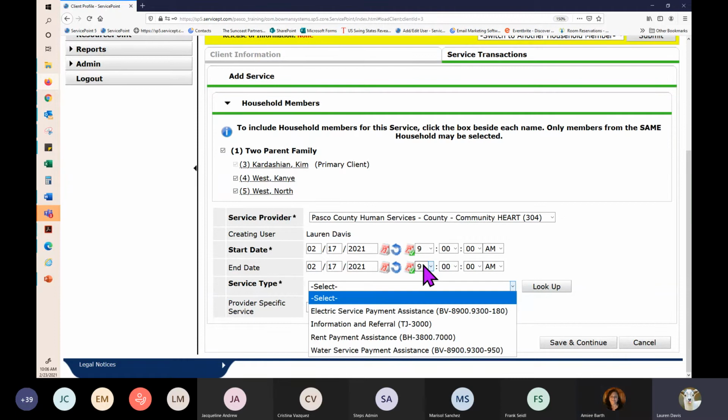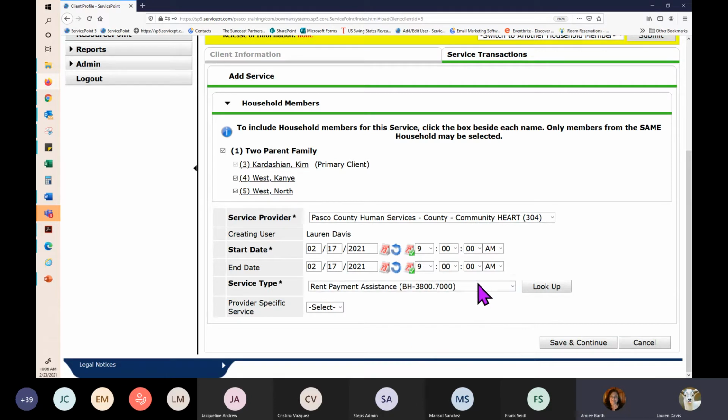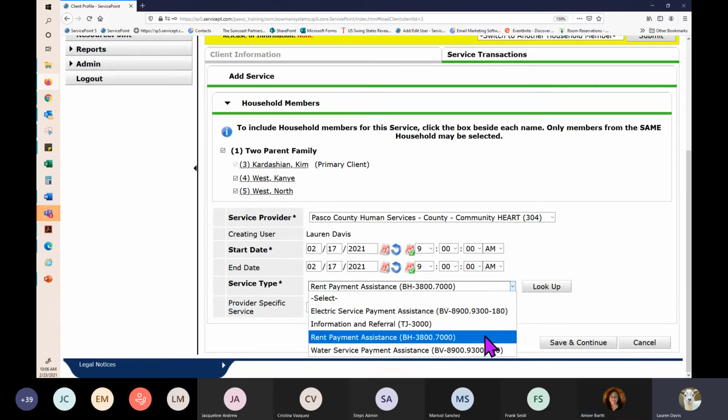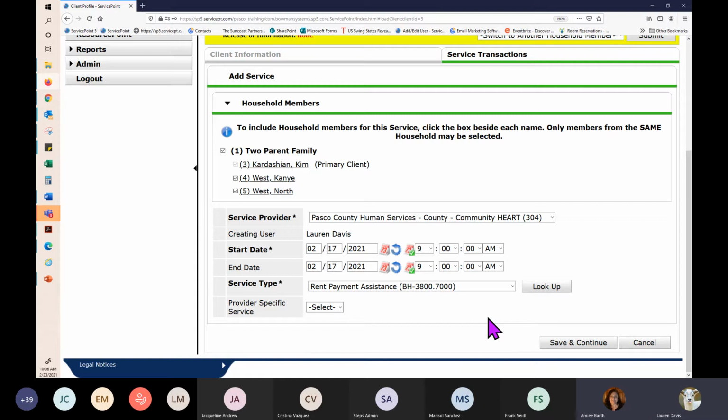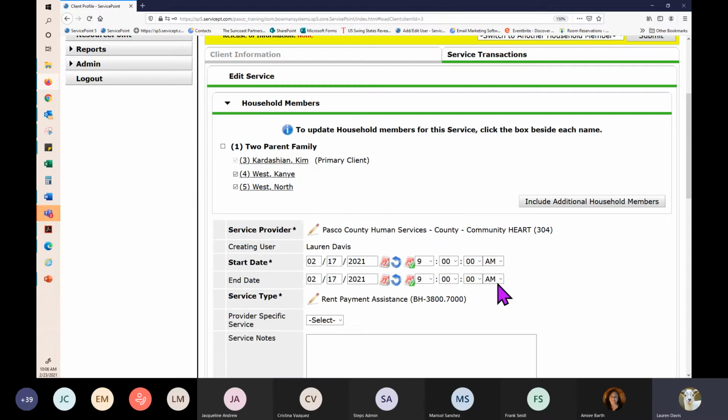So as you see, you have your drop downs here. We are limited to rental assistance payment, or we can still pay water and power? Water and electric. Okay, water, electric, whatever they need. Give them anything they need so they can go home and rest easy knowing that they are fully paid up